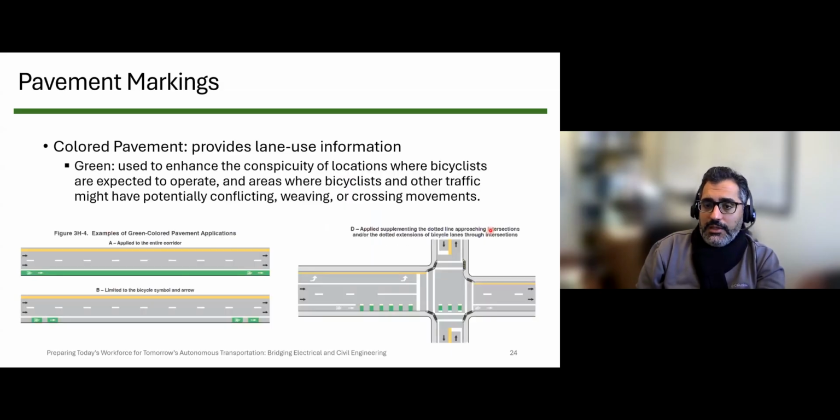We have green that is used to give visibility to bicyclists, basically to reinforce the right of way for bicyclists, to tell the drivers that this area is not yours, that you should be respectful of the right of bicyclists to use this part of the roadway. Now you can see that there is no real national standard on how to apply the green color